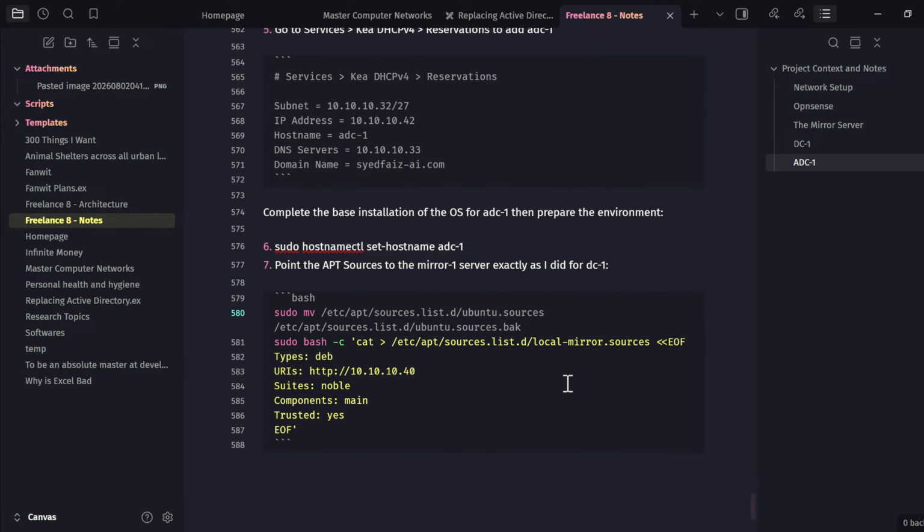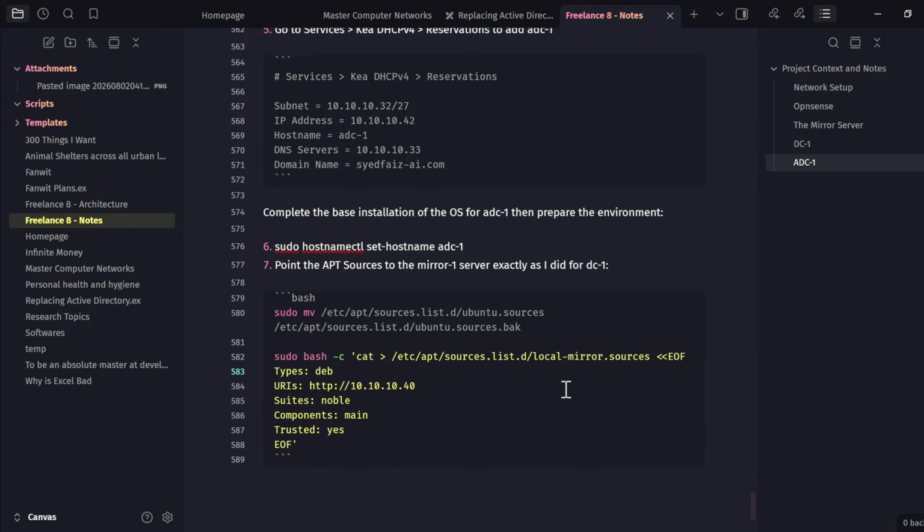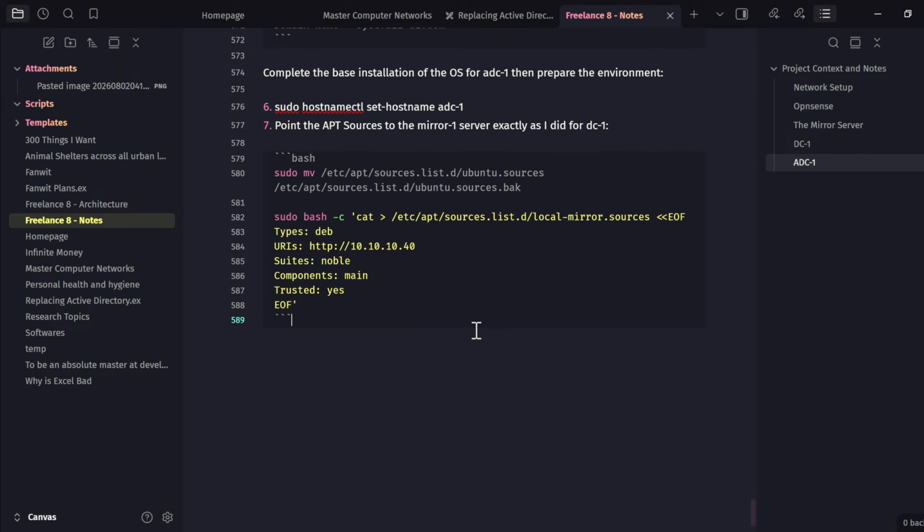Bash. This is one command and this is second command. Separate them by a line. Then you have to